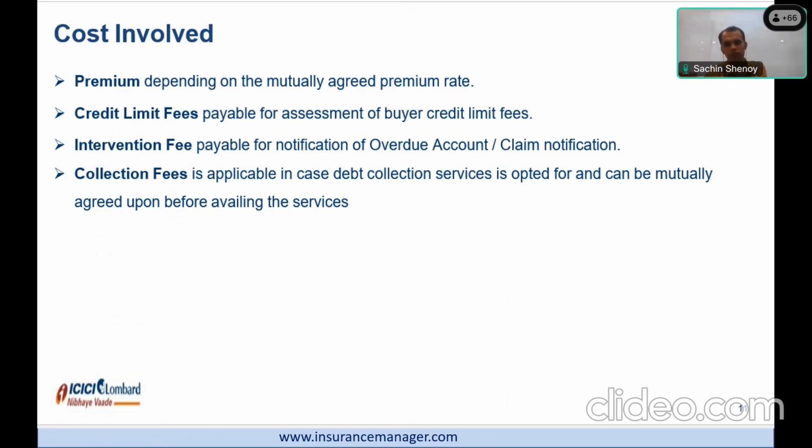So collection fees here we are talking about, as you heard, that the indemnity levels are 90%. So 10% is the loss which the insured is expected to absorb. Similarly, when it comes to collection fees, 90% of the collection fees is absorbed by the insurance company. 10% of such fees is chargeable to the insured. However, these charges are very nominal, because we have a big team which supports us globally.